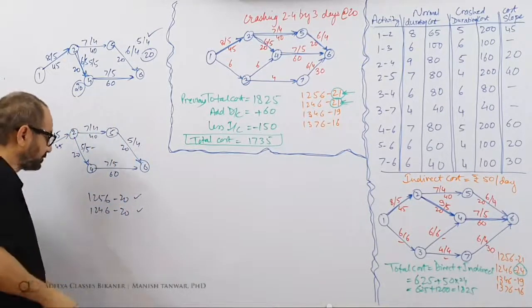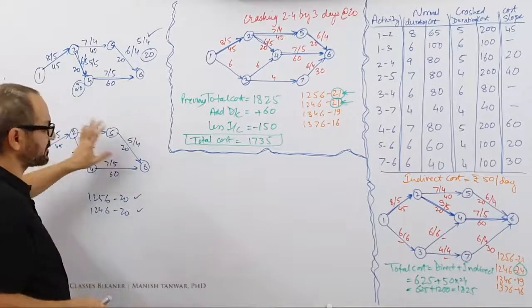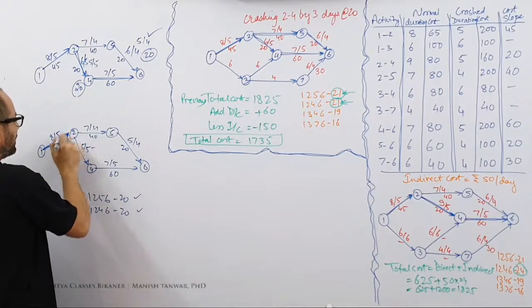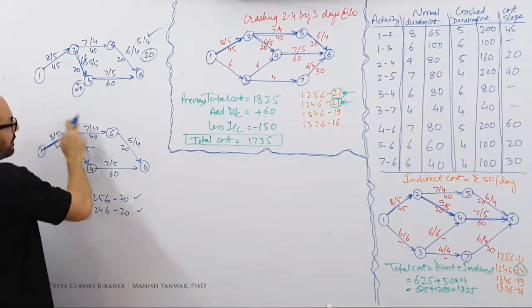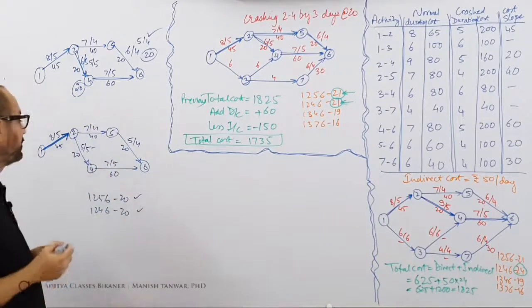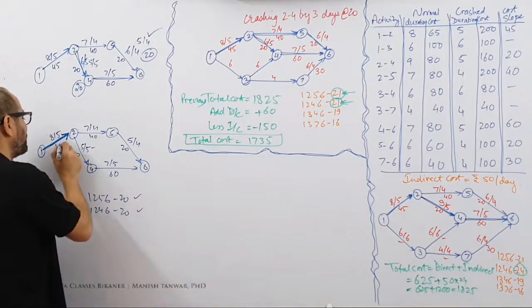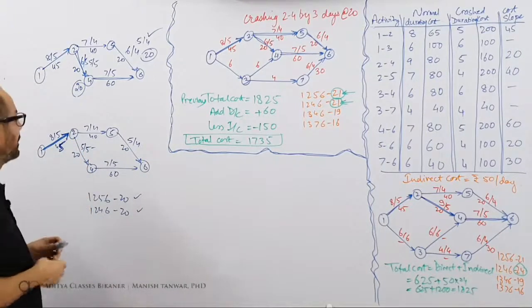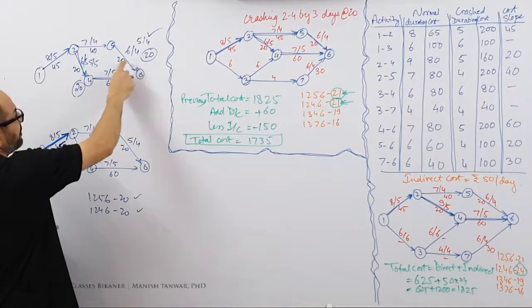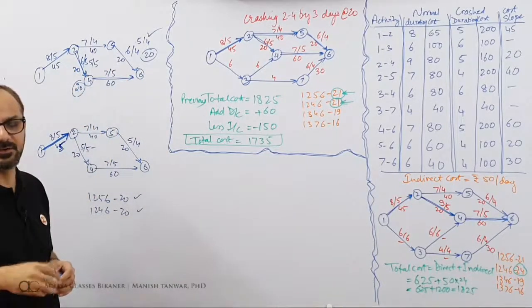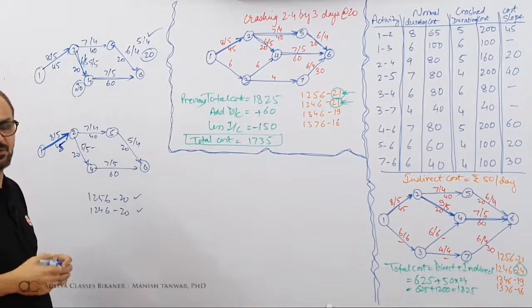Now see, if you have a look at this path, this is common to both. So if you save anything over here on 1, 2, then 1, 2, 5, 6 also comes down, and 1, 2, 4, 6 also comes down. But you need to make a payment of 45. Whereas in this case, I made a payment of 20 rupees here, and I made a payment of 20 rupees here. It cost me only 40 rupees.